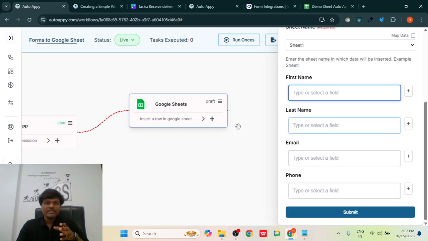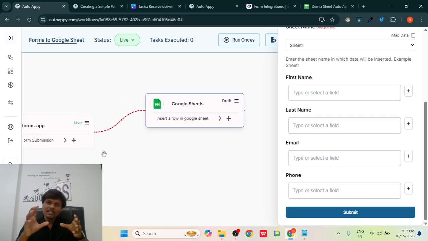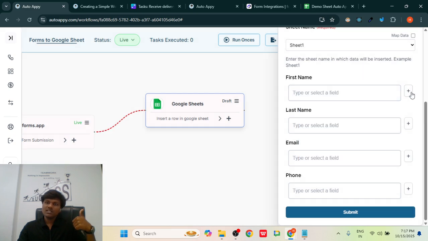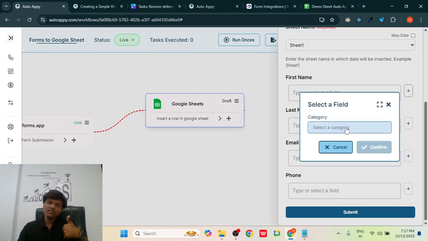So yeah, I'm trying to cover as many things as possible. For now, we are going to map the data from the previous node to this specific node, which means we are going to map the first name, last name, email, and phone number. So let's map the first name. To map that, this is known as a data mapper, the plus icon. So click on the plus icon,